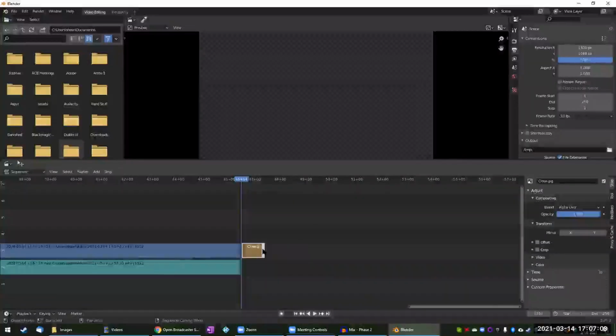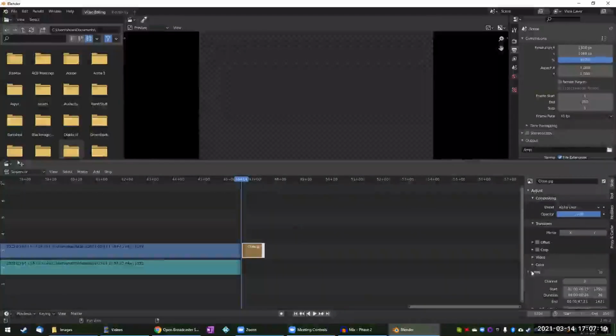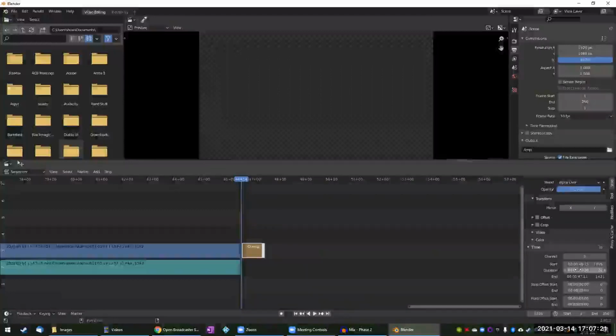So I'm going to go ahead and, to be a little more methodical about it, with my image selected, under the settings for that image, go to time and pull that down. I want the duration of that to be 20 seconds. Now, if you just put in a number, it's going to think you're talking about frames. But if you put in a time code